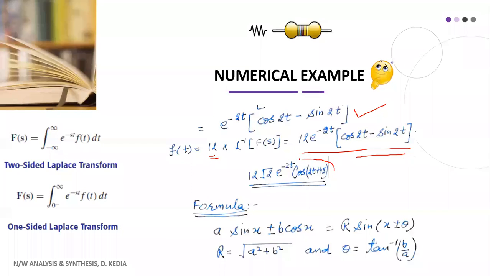And then I had told you that we can make our solution compact by applying a trigonometric formula or identity. So this formula has been applied. You can express sine and cosine terms in only one term by using theta. So by using this, your answer comes out to be 12 root 2 e raised to minus 2t cosine of 2t plus 45. So this answer is obviously acceptable, and the earlier expression is also acceptable as an answer. No need to worry. But for your knowledge sake, I have told you this method.